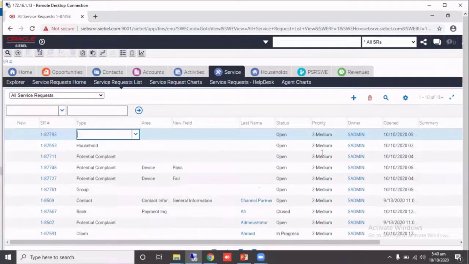This is the new field which I have created. This is the drop-down field. Now you can see if I am clicking on this field, it doesn't show any values because its parent value type is potential complaint. When I select potential complaint here, then